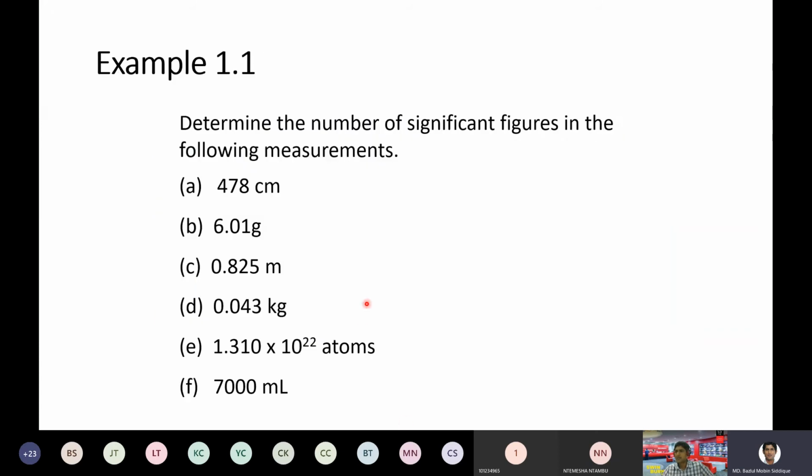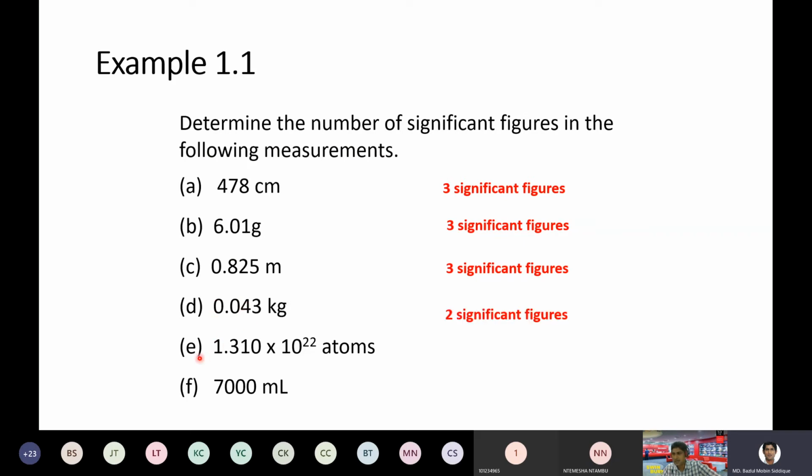Okay, as an example, let's find the significant figures for these numbers. For number A, it is 3 significant figures. For number B, it is also 3 significant figures. For number C, it is not 4, it is 3 significant figures, because the 0 is a leading 0. For number D, it is 2 significant figures, because these 2 zeros are before the non-zero,